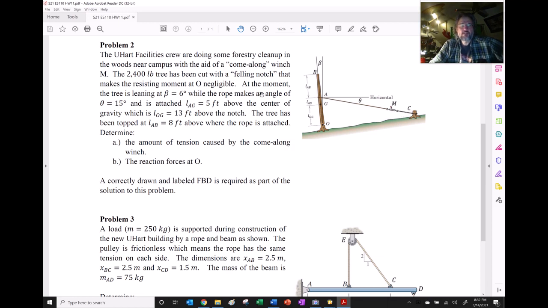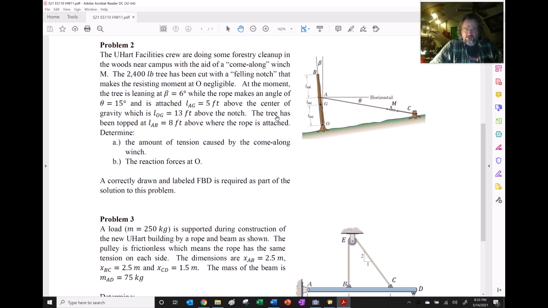And this tree weighs 2,400 pounds, and it's been cut with a felling notch, which is this little guy down here, that makes the resisting moment here negligible. That is, it's just supporting the vertical and horizontal, but not a moment. At the moment, the tree is leaning at 6 degrees over here to the left, while the rope makes an angle of about 15 degrees with the horizontal,